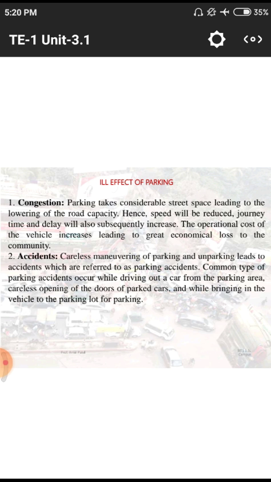Next one is a common type of parking accident that occurs while driving a car out of a parking area. That means we have parked a particular car in a space. Whenever we are removing our car from a particular parking area without proper signs, we need to use our siren systems to alert the drivers, or any person near to the particular space, who have to listen to the siren sound that the car is being removed from the space, so that we decrease our speed and move into a particular position,